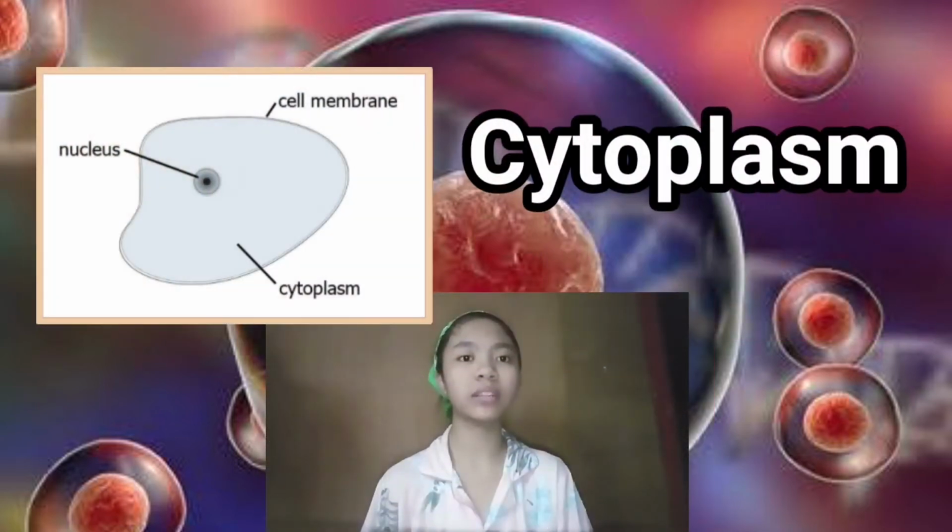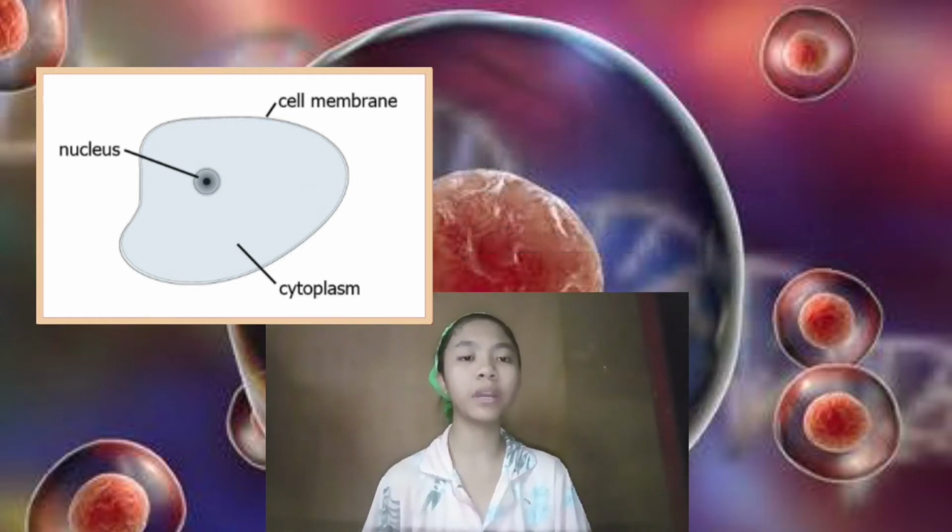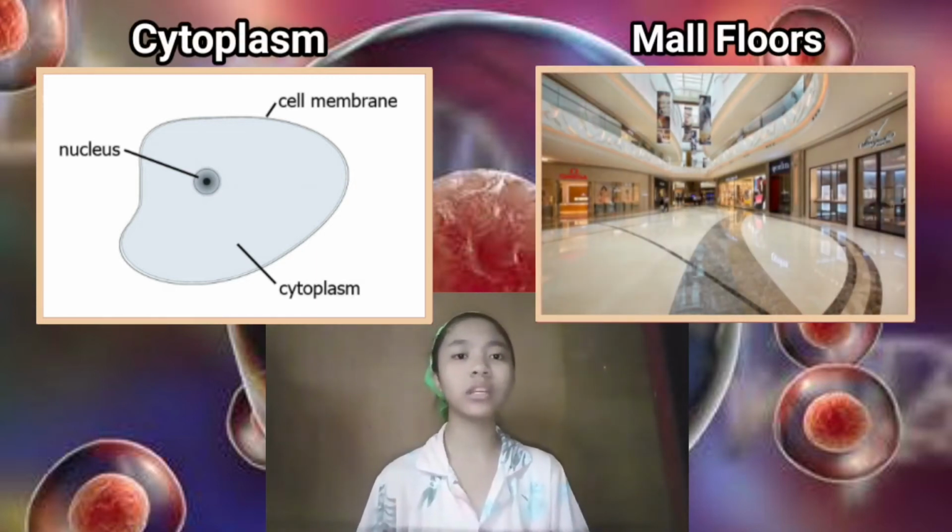Cytoplasm is a substance that holds and supports the parts within a cell. It is also one of the most important parts of a cell. It is placed between the cell membrane and the nuclear membrane. The cytoplasm can be compared to the mall floors because it holds the different parts of the mall and serves